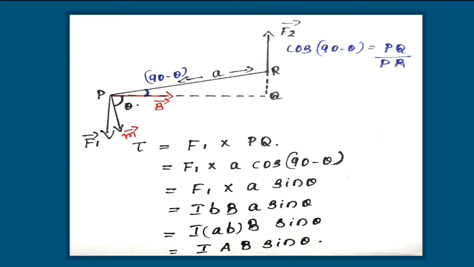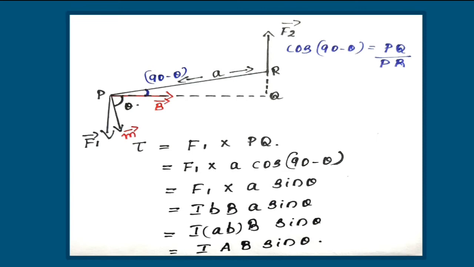Before that we have marked the magnetic moment M to be perpendicular to PR, because PR is the line joining the centers of the two sides AB and CD. So actually PR is the representation of the plane of the loop. So magnetic moment should be perpendicular to the plane of the loop. That is how it is drawn, M being perpendicular to the loop. And B, the magnetic field, is along PQ, we know. So the angle between M and B is theta, as we took earlier.